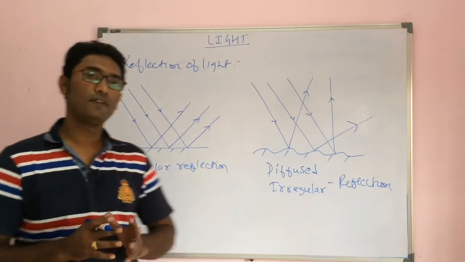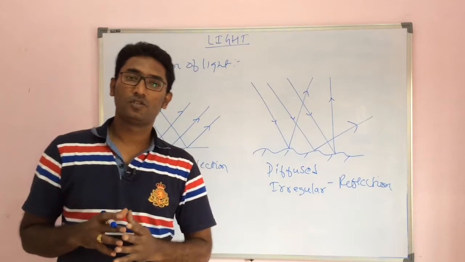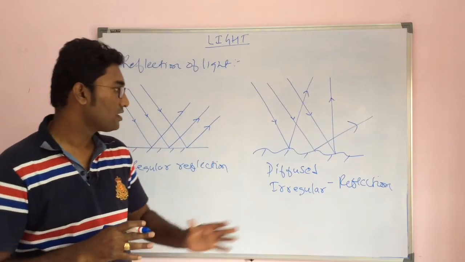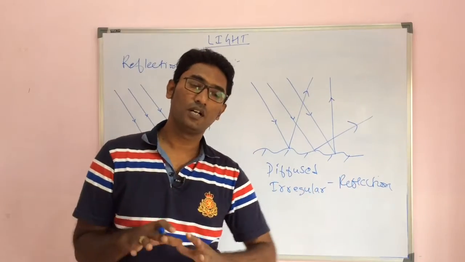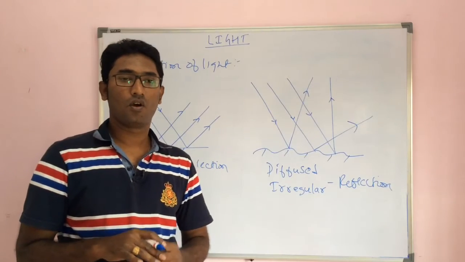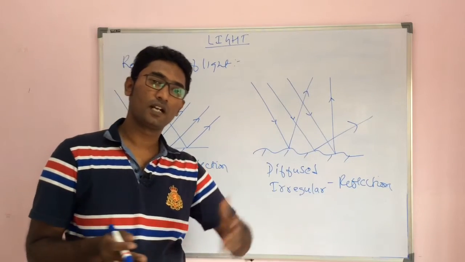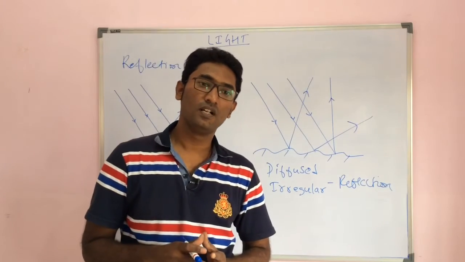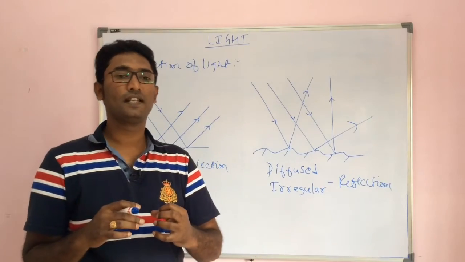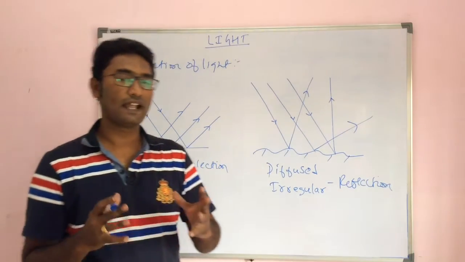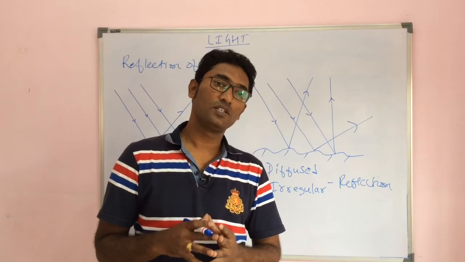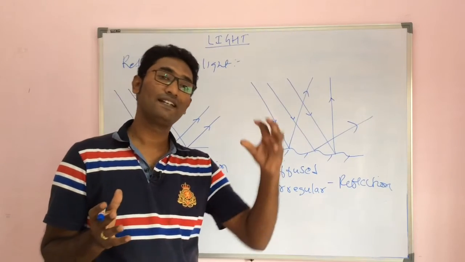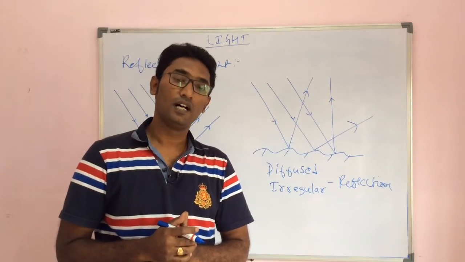Now you can see both types of reflection in our day-to-day life. You can see a regular reflection in the case of a mirror. The reflection that takes place on a plane mirror is a regular reflection, and the reflection that takes place from all around us, outside our house, or from the ground is an example of diffuse reflection. Because of diffuse reflection, light can enter into the house during the daytime, even if you are not burning any light or a candle in the house. Diffuse reflection is very useful, because it makes things visible to us even if the sun is not directly shining on us.